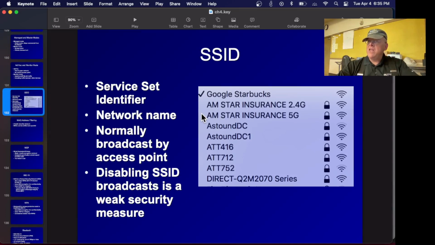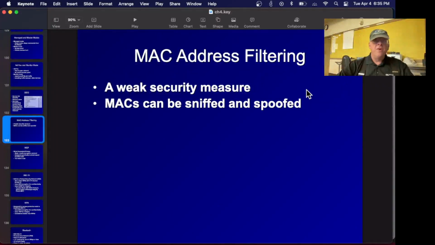If people are using the network, then you can use tools like Wireshark or Kismet to detect the traffic, even if it's not advertising beacons, and get in. Another weak security measure is filtering by MAC address. The MAC address is sent unencrypted in every frame, so you can just put your NIC in monitor mode and sniff the packets and find out what MAC addresses are allowed, then deauth one of them and take over the connection. But that's more work than most people will do. A MAC filter will stop people who aren't trying very hard from getting on.